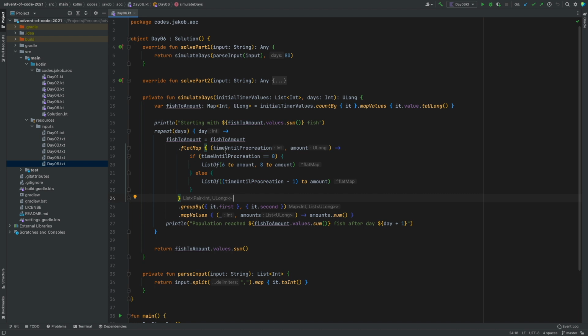So all I'm doing here is I map over the current fish to amount hash map, receiving here the key and value. So you see here, this is the time until procreation. I guess the variable is very descriptive, and the current amount of fish with this time until procreation. So all we do is, if this is currently 0, meaning that now they should procreate, we create one fish that starts with a 6 in this clock, creating a pair,